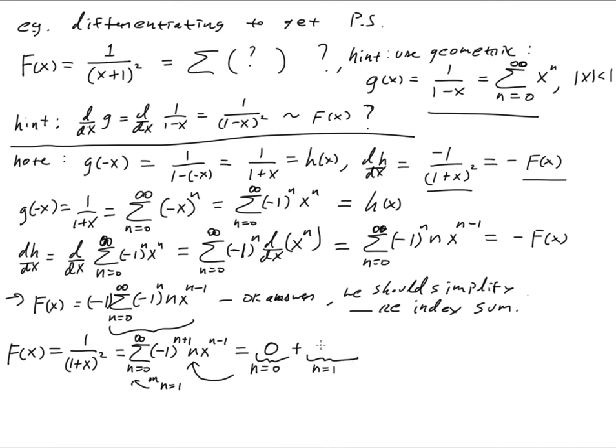Of course, this is just going to be x to the 0, so that's just going to be equal to 1. And now I'm going to go plus, and now we're going to do the n equals 2. And we see here, now I finally get a negative 1 coming out of it, because that's going to be a negative value there. And we're going to multiply by 2. And then we're going to have, of course, an x to the first power. So that's that term. And now we're going to go n equals 3. I'll do one more here just to solidify that this is going to be a 3 times x to the 2 power. So what I'm going to reindex,